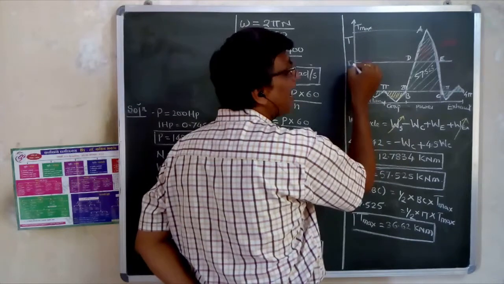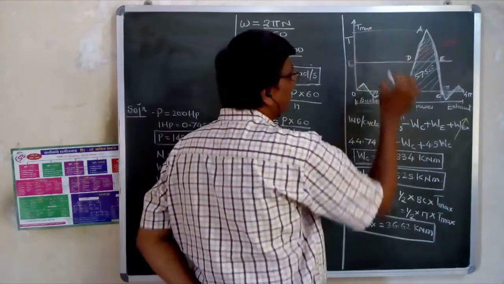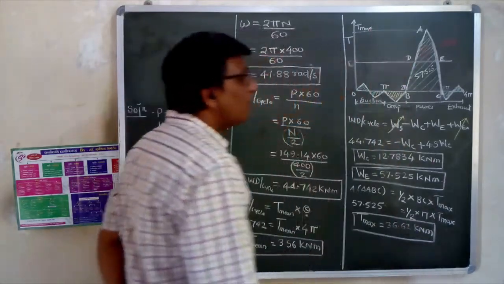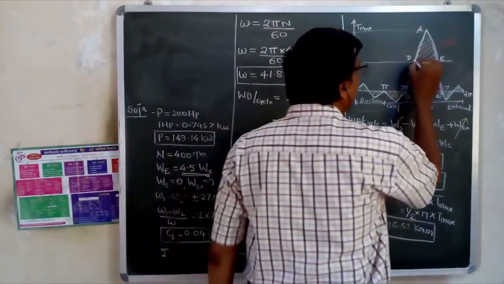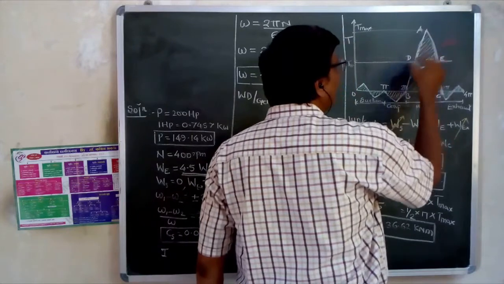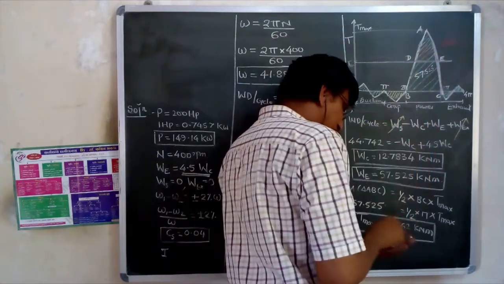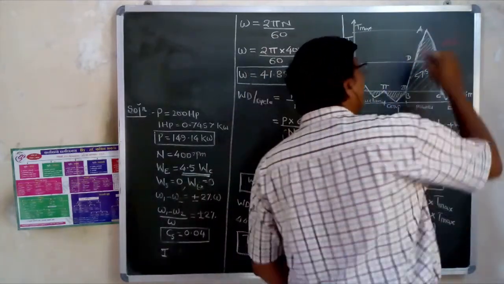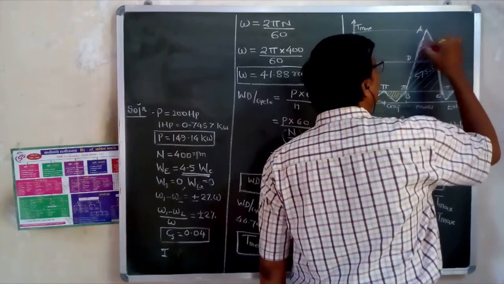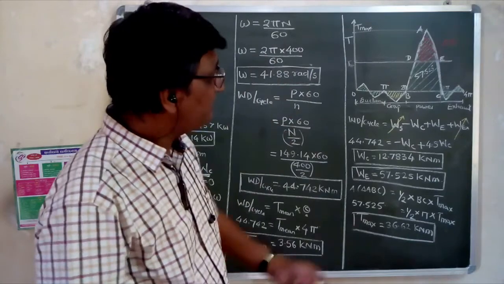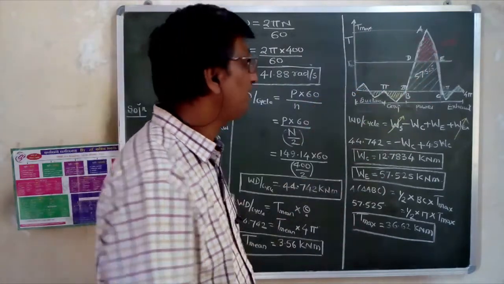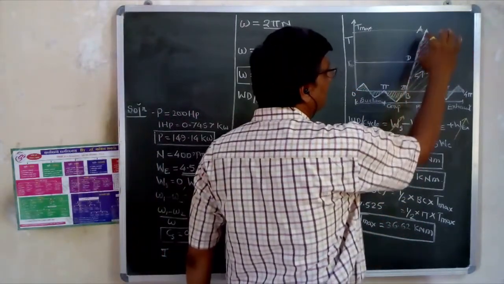So you got T max, you got T mean. This T mean is average. This is T max. So you got these two things. Now I want to find out delta E. Delta E is nothing but this triangle, that is the area above the T mean line. I can make it by some red shown, this area I want. Now if I want to calculate this area, what will happen? This is nothing but the base. This is nothing but the height.